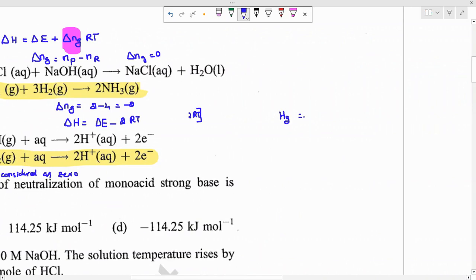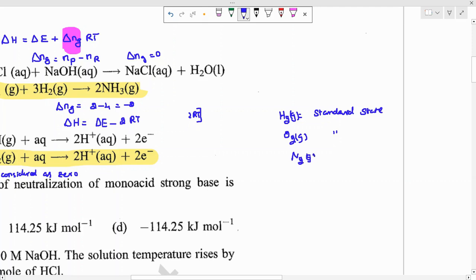H2 gas is a standard state. So for standard state molecule, standard state atom, standard state ion formation, for all that formation reaction, definitely there will be a delta H of 0. So here H2 gas is a standard state and O2 gas is a standard state and